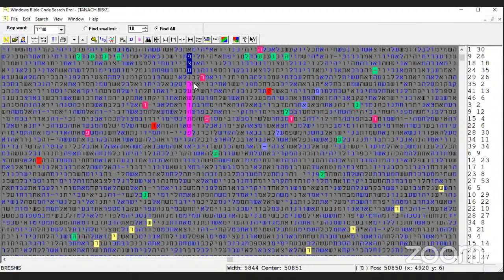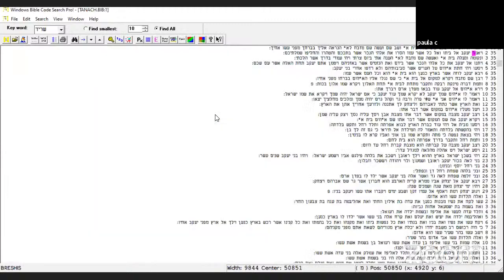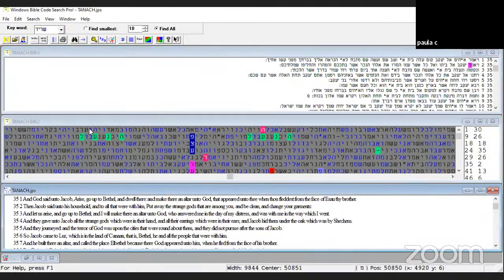For that. Okay, so right here, this scripture right here, I'll just read this one. Genesis 35:2. Then Jacob said unto his household and to all that were with him, put away the strange gods that are among you, and be clean, and change your garments. And let us arise and go up to Bethel, and I will make there an altar unto Elohim, who answered me in the day of my distress,